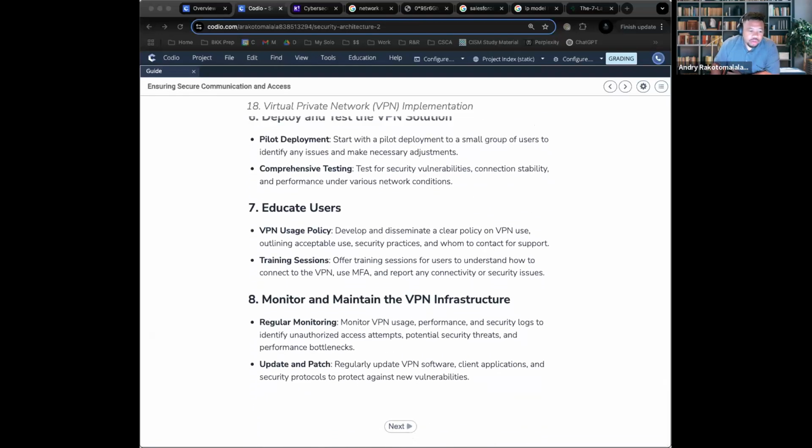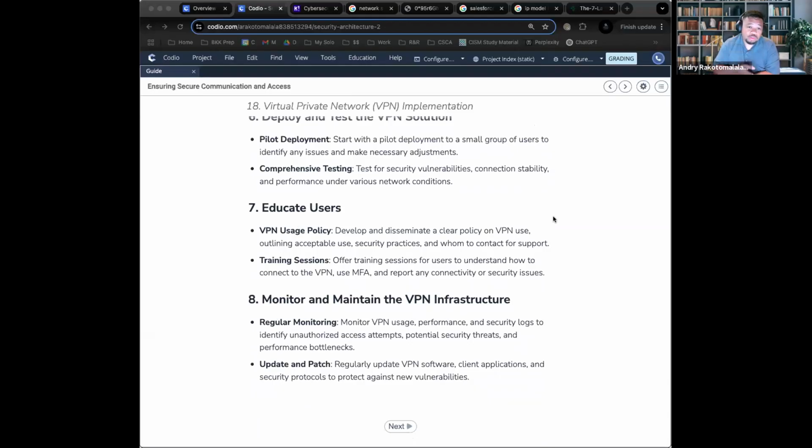All right. And down here to educating users, it's very important that you make getting on the VPN a part of your culture because one of the best ways to be secure is when security isn't a choice. It is built into the actual setup.